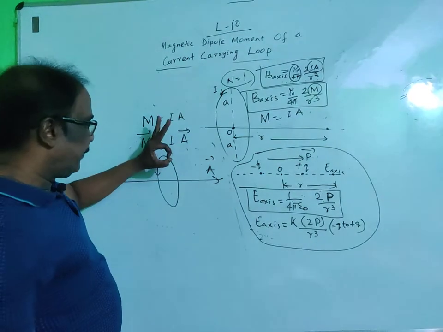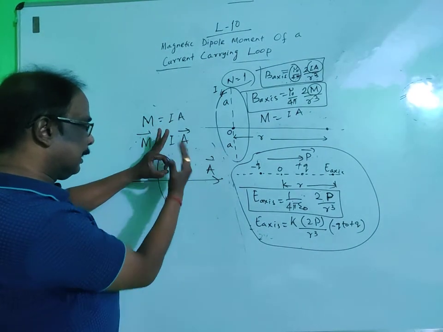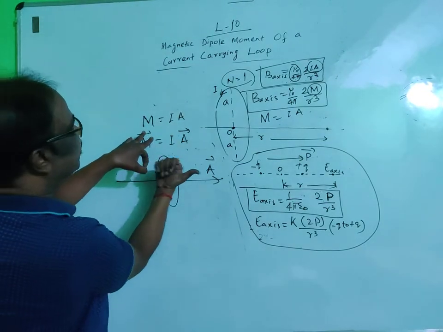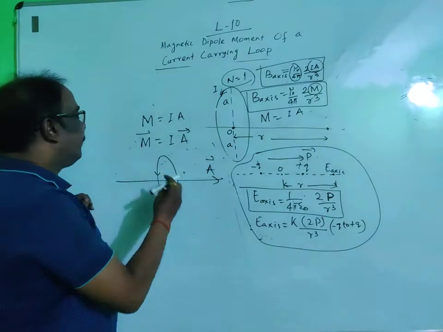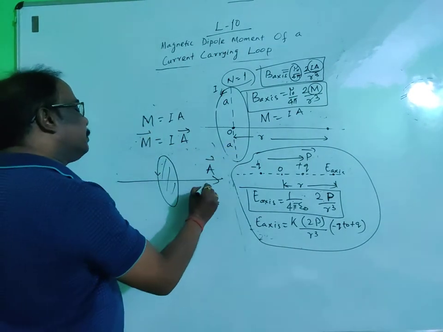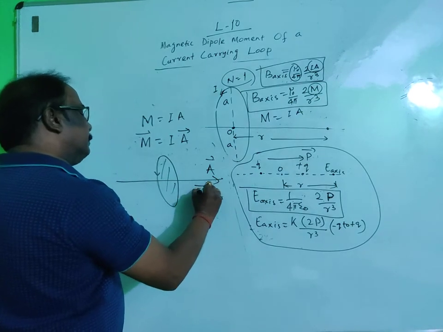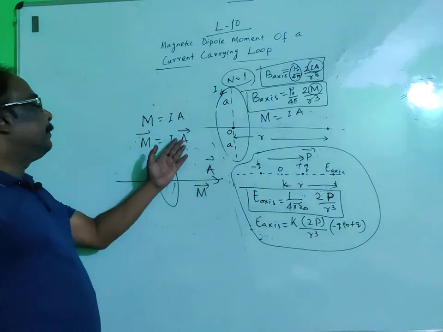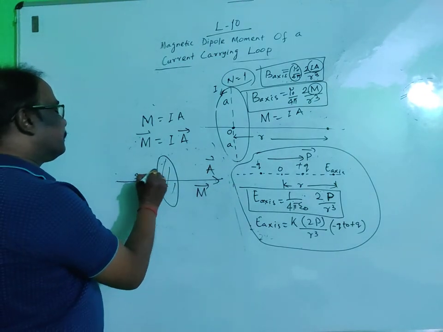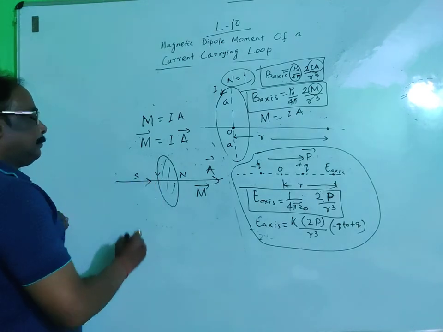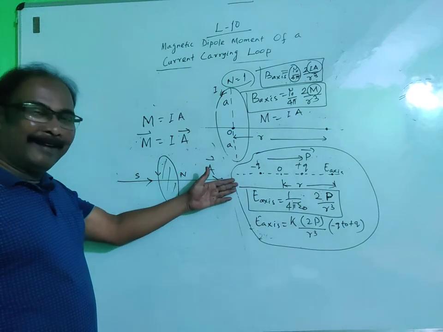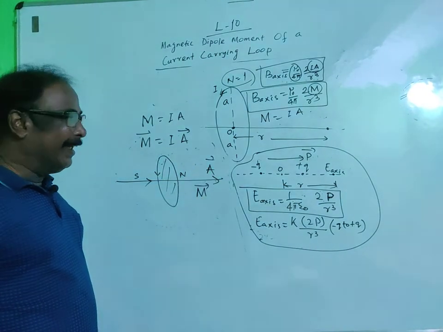See, if you keep the circle like this, and this is anti-clockwise order, just turn this circle, this is anti-clockwise order, then the direction of area is perpendicular to the plane of the coil. Direction of area is perpendicular to the plane of the coil, and this is also the direction of magnetic dipole moment. Direction of magnetic dipole moment is along the direction of area, meaning from south pole to north. Okay, just imagine field lines are entering and field lines are moving away from the coil, as we have discussed